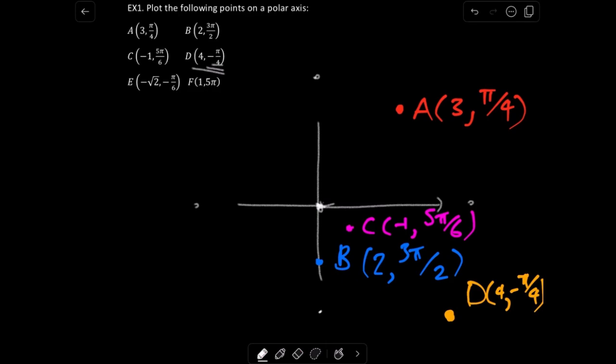Okay, let's go for point E. Point E is a bit interesting because it has a negative r as well as a negative theta value. So again, let's start with the angle. Let's start with pi over 6. Pretend it's pi over 6. Pi over 6 in terms of degrees is going to be 30 degrees, but it's a negative angle, so we